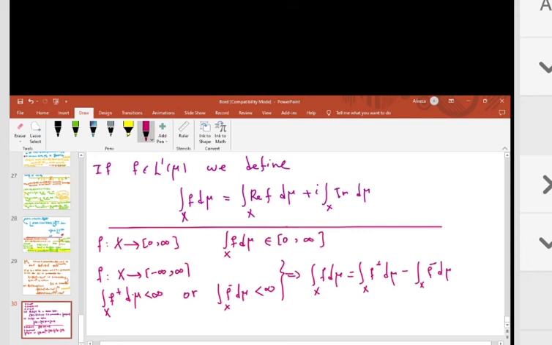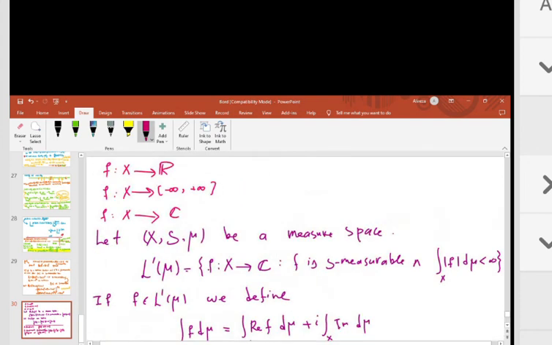All of them must be measurable. Okay, all of these functions must be measurable, this function and this function, and also this function, because L1 of mu is the set of all measurable functions with this property. Okay,